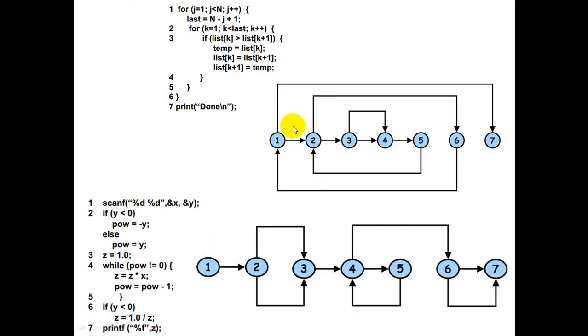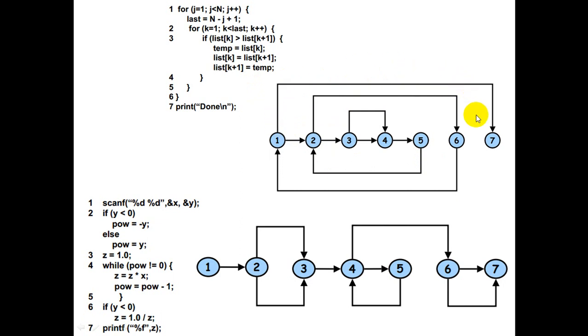This is another example of how you will compute the cyclomatic complexity. There are 3 different methods: number of edges minus number of nodes plus 2, number of bounded areas plus 1, and number of conditional statements plus 1. For example, we do this example. First of all, we will say number of edges. So we will count edges here.